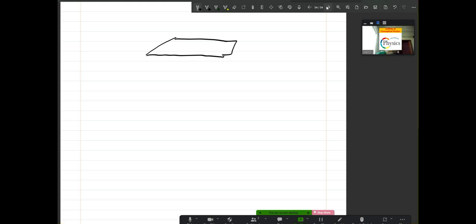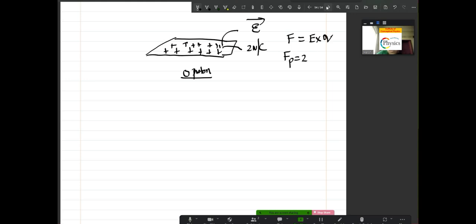This plate is, for example, positively charged, and this is your proton, and it is very close to this plate. This plate is producing an electric field only, and we know the force is equal to E multiplied by Q. If I tell you the electric field is 2 Newton per coulomb and the charge is a proton, you will say the force being experienced by the proton is 2 multiplied by 1.6 into 10 raised to power minus 19